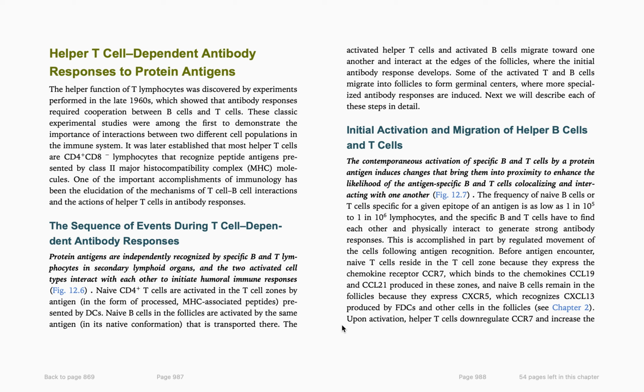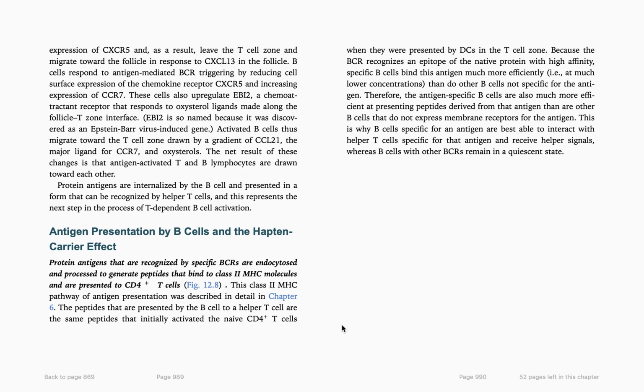Upon activation, helper T cells downregulate CCR7 and increase the expression of CXCR5, and as a result leave the T cell zones and migrate toward the follicles in response to CXCL13 in follicles. B cells respond to antigen-mediated B cell receptor triggering by reducing cell surface expression of chemokine receptor